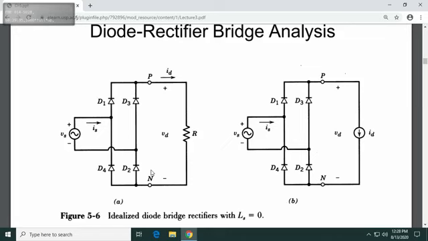Before that, just something to note: these bridge rectifiers form the basis of power electronics, right? Tell me one place where you will find this circuit. Power equipment? Power adapters, yes. Power adapters, okay, that's in general. What do you use power adapters for? Mostly everything, all the devices at your home.